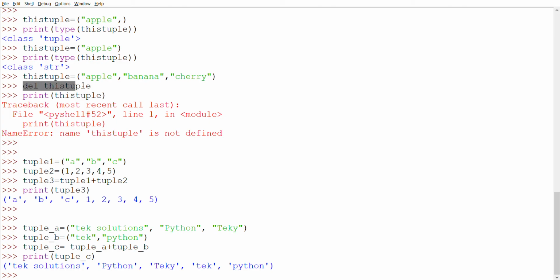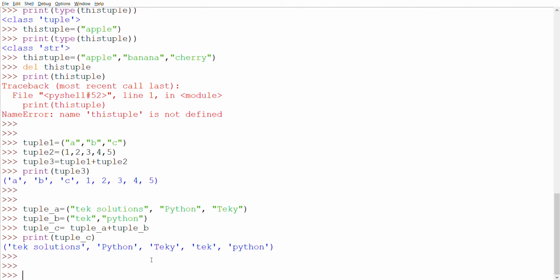Here I want to say one more thing. When you delete, it's like deleting the memory from the system itself. That's why when you try to use this tuple, it has been completely removed. In the system, an address like 0x000 is shown as the memory where a variable is located. When you use the del keyword, this memory is completely deleted. That's why it shows the tuple is not defined.